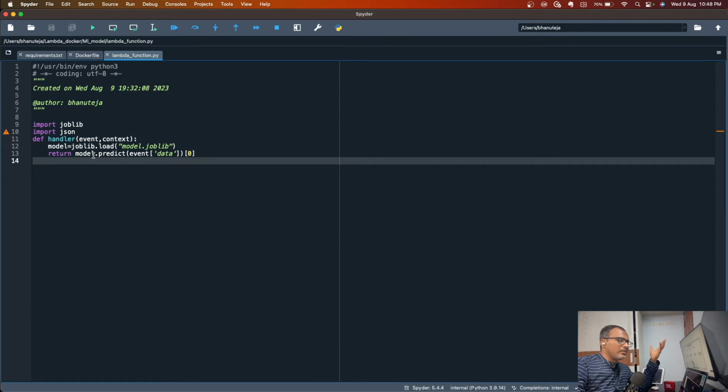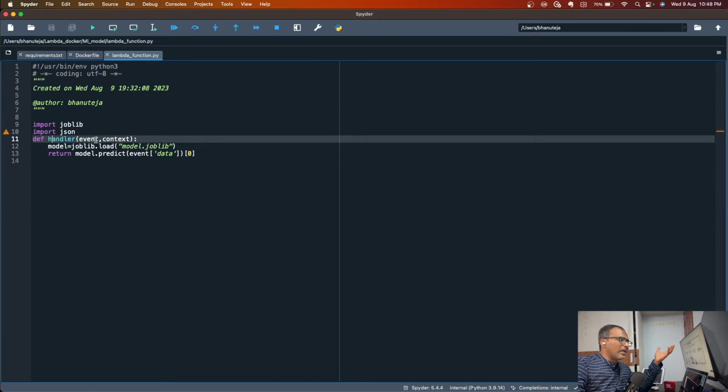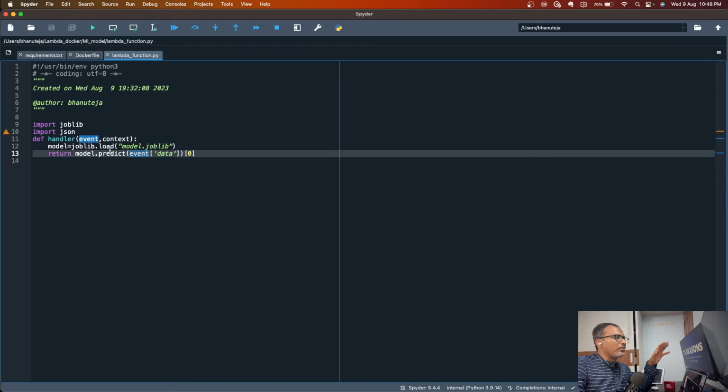Even if you see in your AWS Lambda, in case you use it, we'll have an event and context, right? Whenever your Lambda is triggered, event is the variable where it holds your request data, right? So similarly, I'm getting the data from the event. We'll also see what this data here is. And now